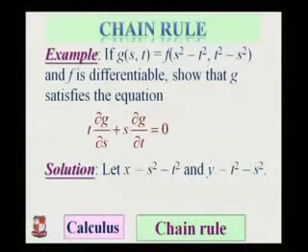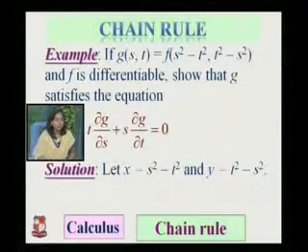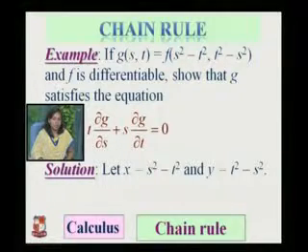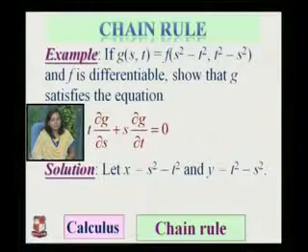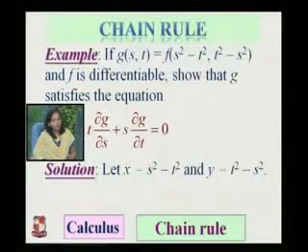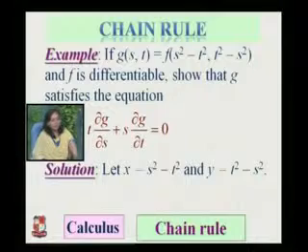Now the next example: if g of s, t is equal to f of s square minus t square, comma, t square minus s square, f is differentiable, show that g satisfies this equation: t into del g by del s plus s del g by del t is equal to 0. Solution. Let x be equal to s square minus t square, and suppose y is equal to t square minus s square, then